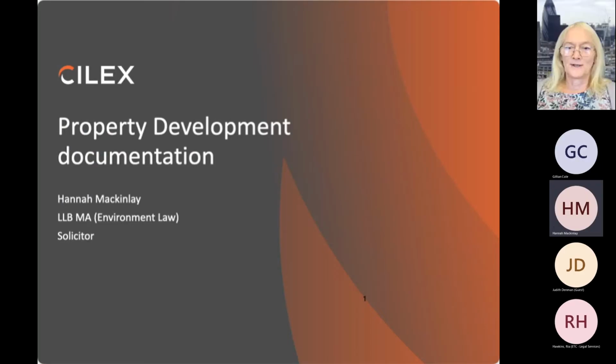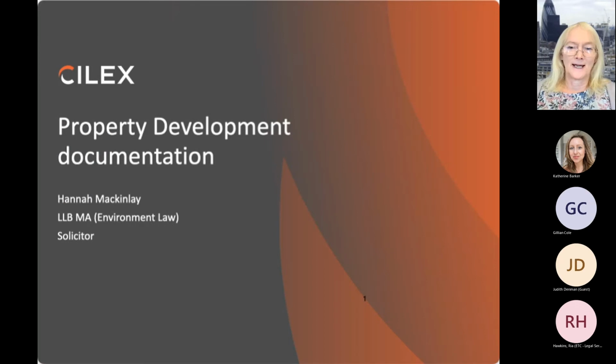Development options, conditional contracts, and overage provisions. And I was saying to Catherine just now, I absolutely love doing property development work, and of all the things I've done in my long career, it's the one that has given me the most intellectual satisfaction. Although most of the financial rewards go to the clients, and you just get long nights of worry and weekends,